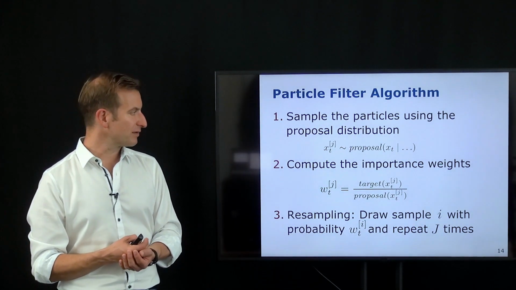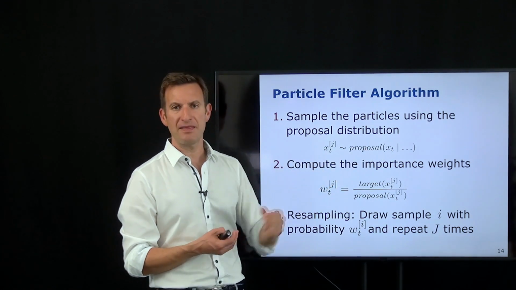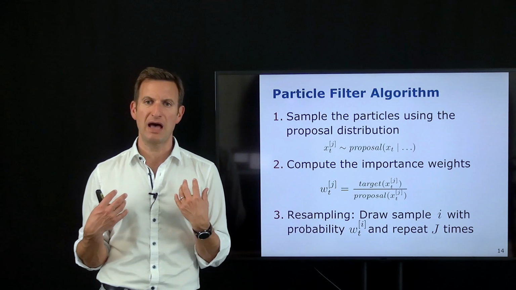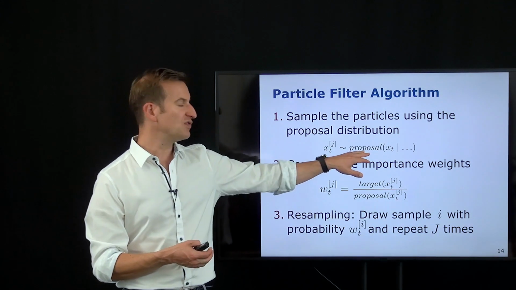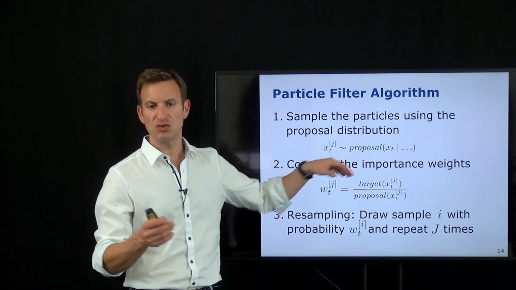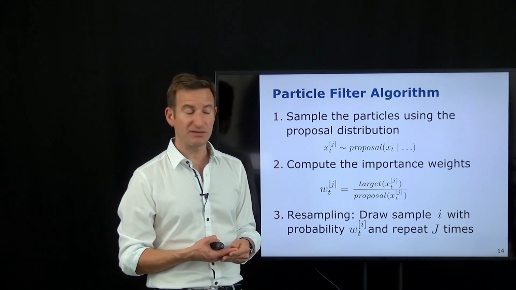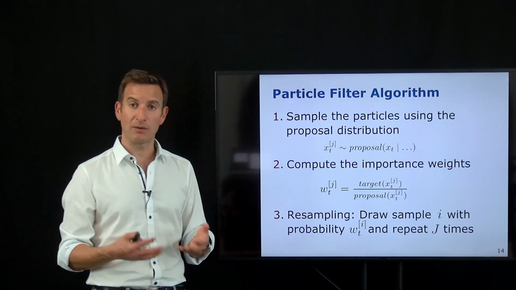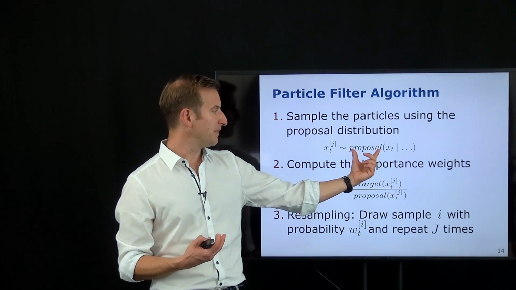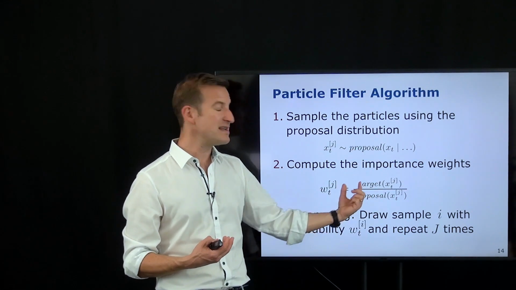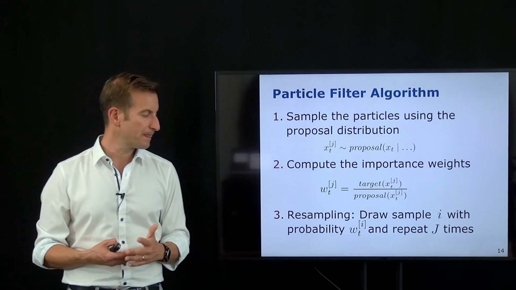It should be noted over here that we as a user can define this proposal distribution. So it's up to us, as long as we are in line with the importance sampling principle, to choose this. So we are allowed to choose the motion model, for example, of a mobile robot performing localization and describing the motion of the platform. We are allowed to do that because this is a user-defined choice. But the weight is not a user-defined choice anymore. It results from how we select the proposal.